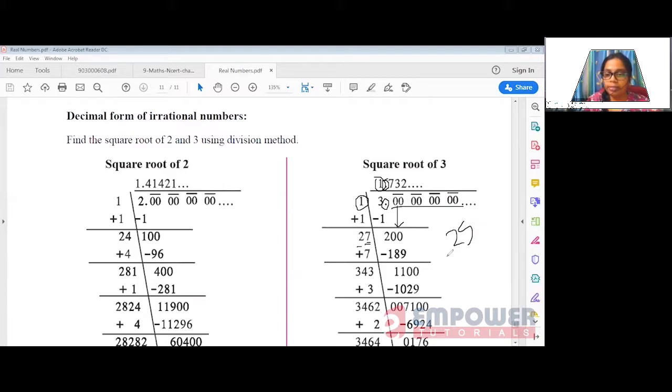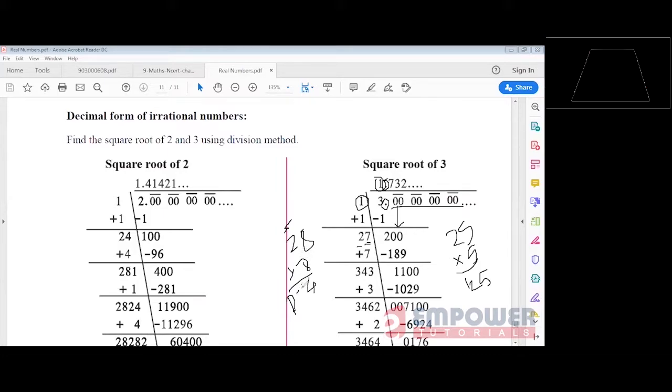So if I am taking 5, I will get 125, which is less than 200, but it is not nearer to 200. So if I am taking 28, what will be the number? 8 8s are 64, right? And 8 2s are 16. So it will be how much? 2 and 4, how much? 1.